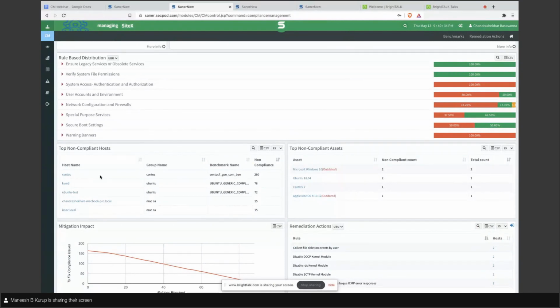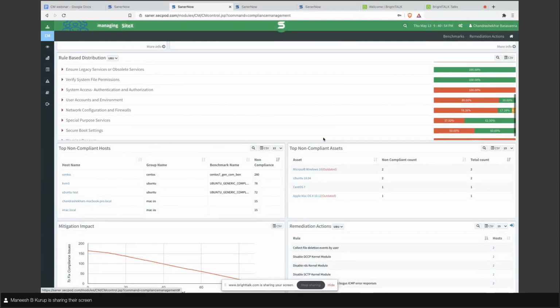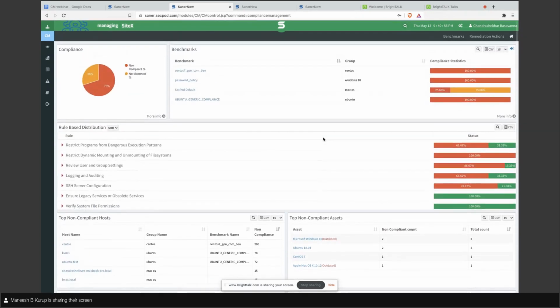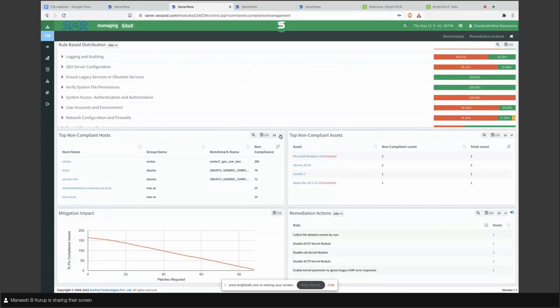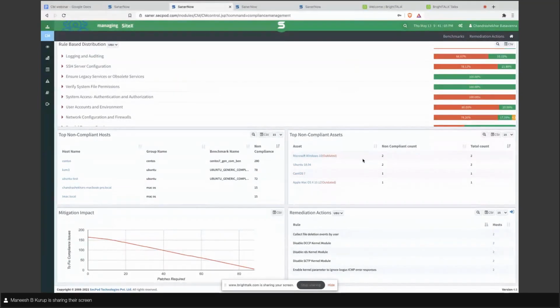If you look here, the host with the host name CentOS seems to have 280 rules violated. So this gives a sorted view of devices where the non-compliance count is given. All of this is available for users to download in a CSV format, and various filters or searching mechanisms are available.